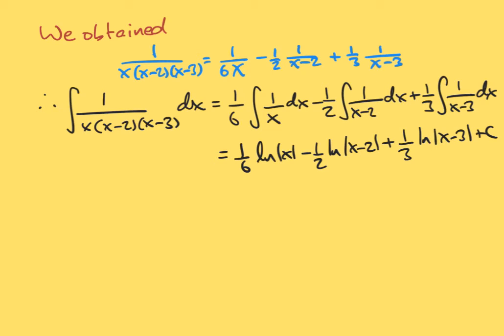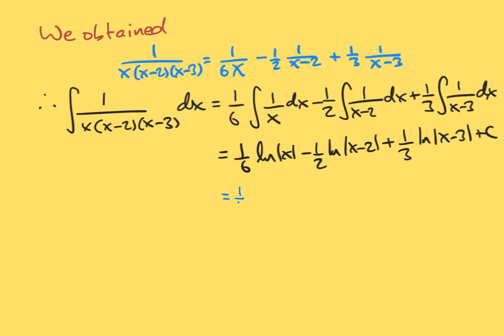So you would get this. And in the same way, here it's plus 1/3 times the logarithm of the modulus of x minus 3. So now you could leave it like that, but we can also try and put things together using the rules for logs. And to do that, I'm going to pull out a common factor